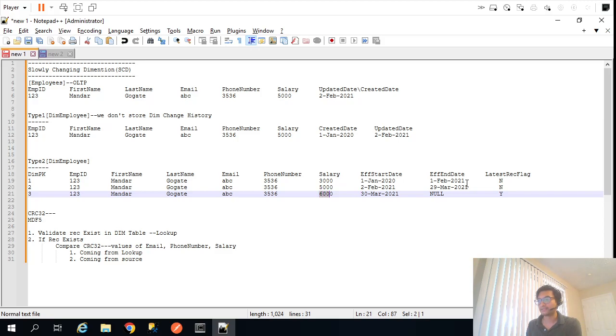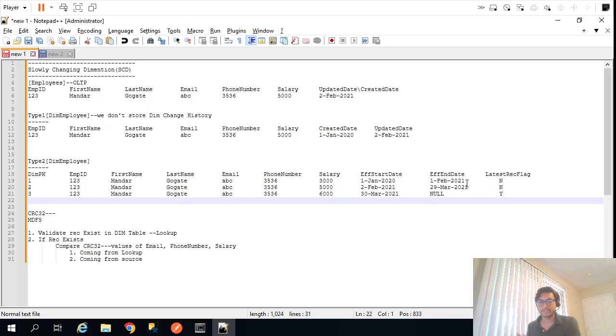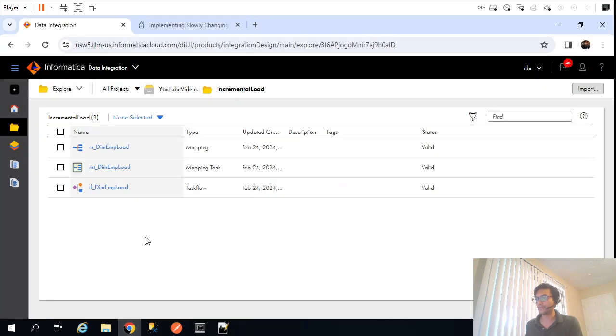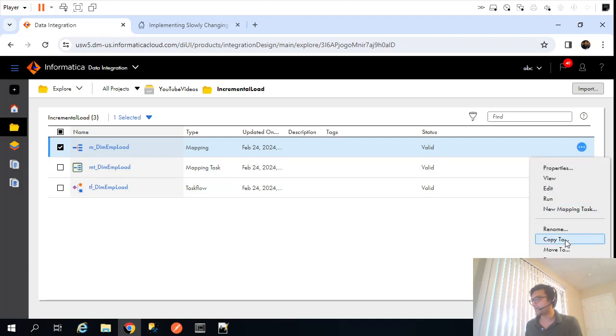All right, now let's start creating the mapping for that. In prior videos we already created a mapping for incremental load, which pulls the records from the employees transactional table and loads them into the dimension table. So we'll be using that same mapping. Let me go back. So this was the mapping. I will take a copy of it, because I don't want to modify the existing mapping. Copy to,